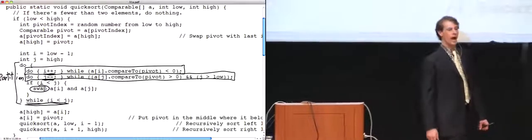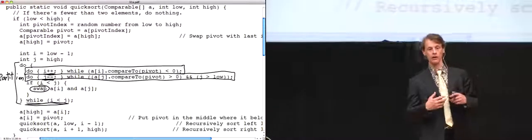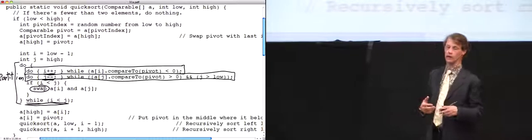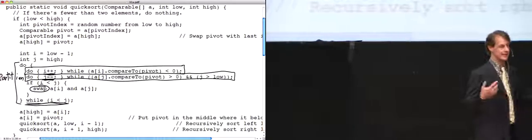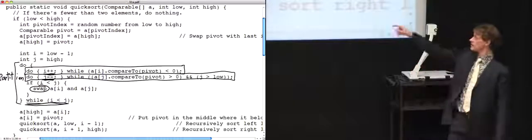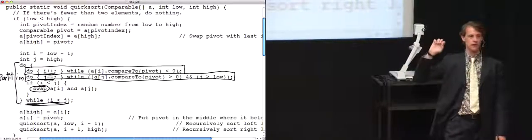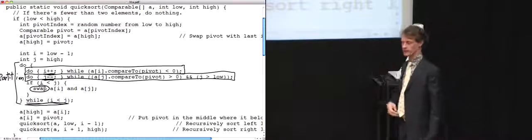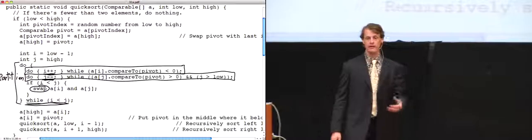The reason why Quicksort has a smaller big O, or a smaller constant hidden in the big O than other n-log-n sorting algorithms is because those inner loops are so small and simple, and they just run really fast, especially if you have a good optimizing compiler.